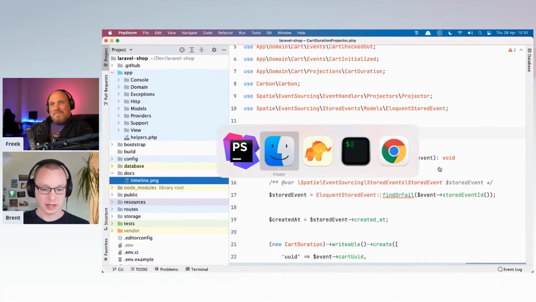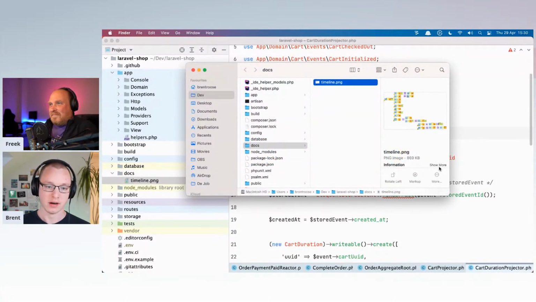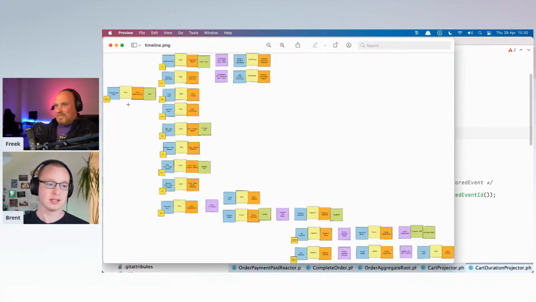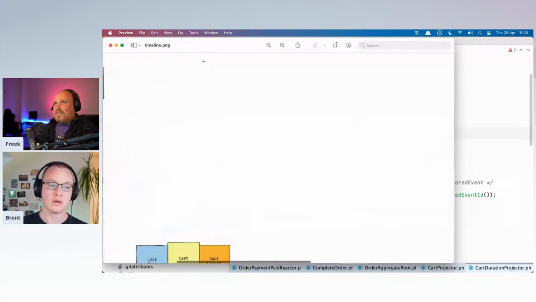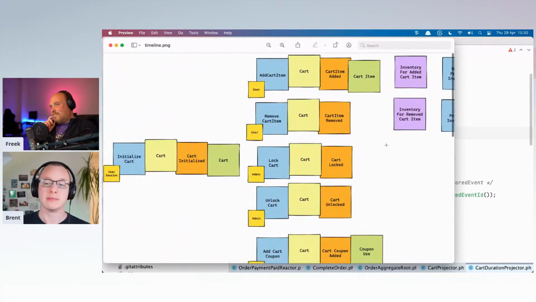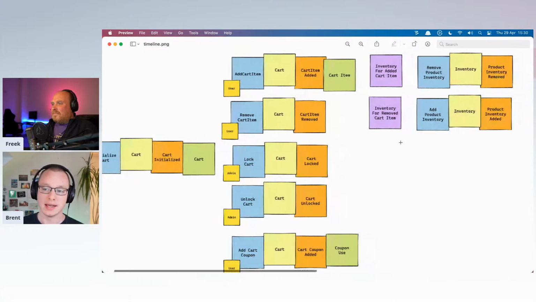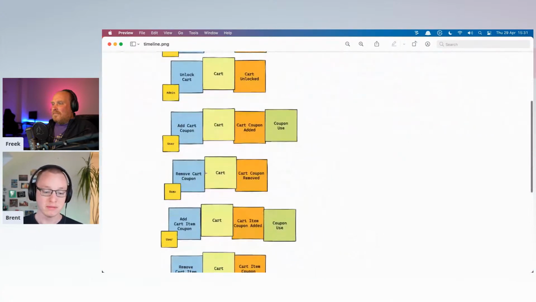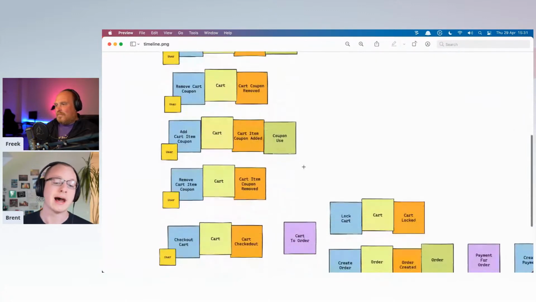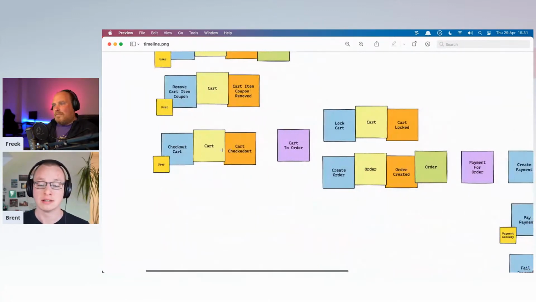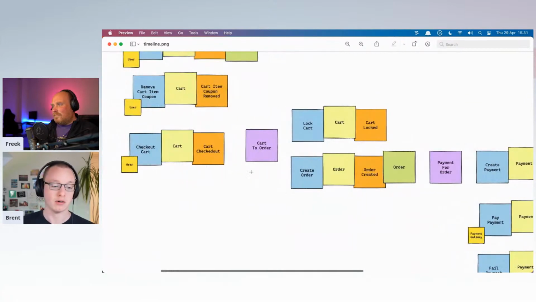One more thing I wanted to show, Freek, was the timeline over here. A way to model event-sourced systems is to use a technique called event storming, and this is one way of doing it. Because of COVID restrictions, we have to do this digitally. But normally, you would go into a room with the client with sticky notes with all kinds of different colors and start hanging them on the wall. But this gives you an overview of the events that can happen. Those are the orange cards, and how those events can happen, and how those events can result in new events happening. Like over here, we have cart checked out.